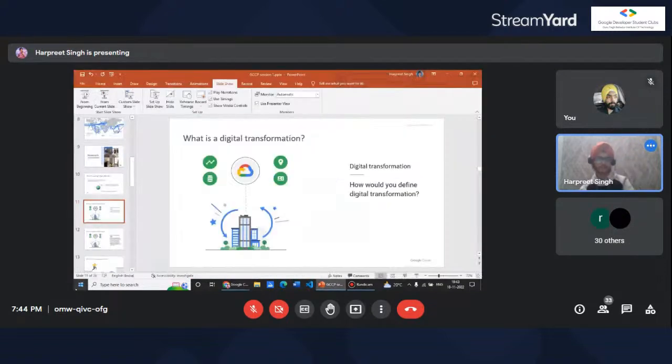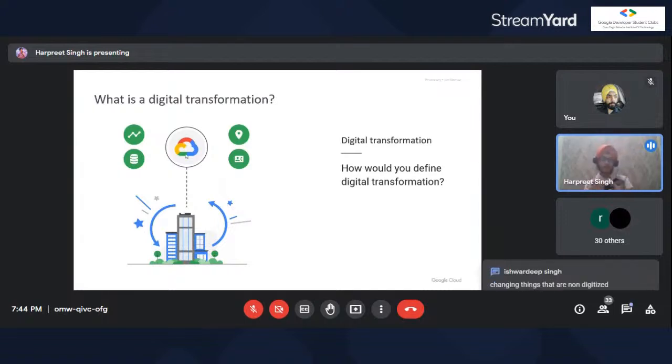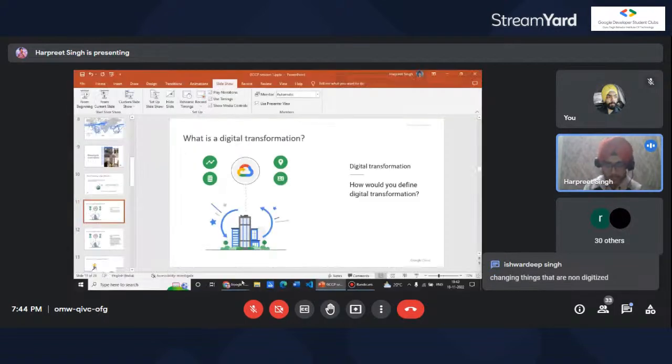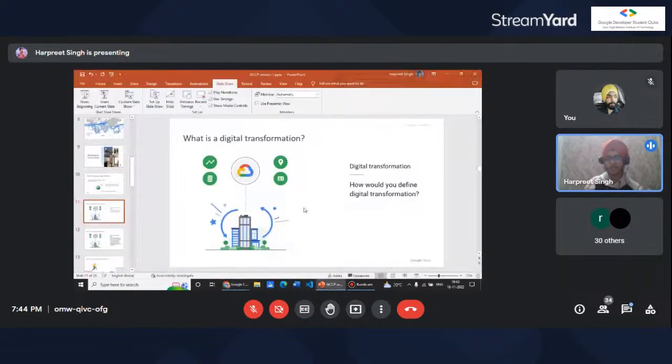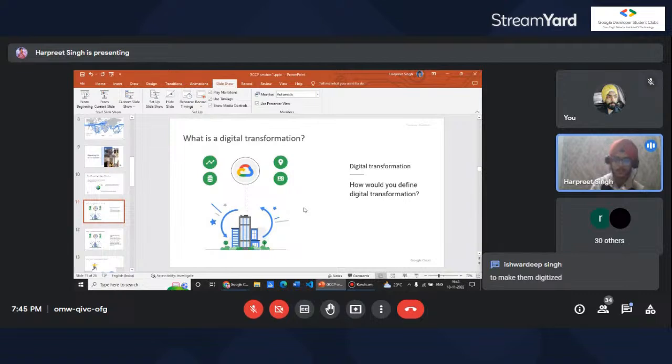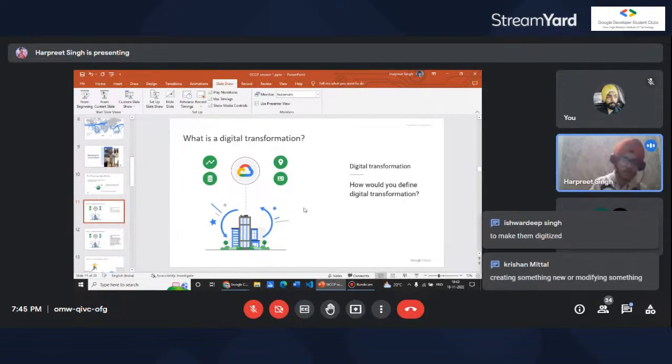Okay, let me tell you then. What is digital transformation? What I said earlier in the PPT was that companies have personal data centers and they are storing data on premises in their own data centers. We have talked about how powerful cloud is, that accessibility will be there, scalability of data will be there, and everything will be managed by Google Cloud itself.